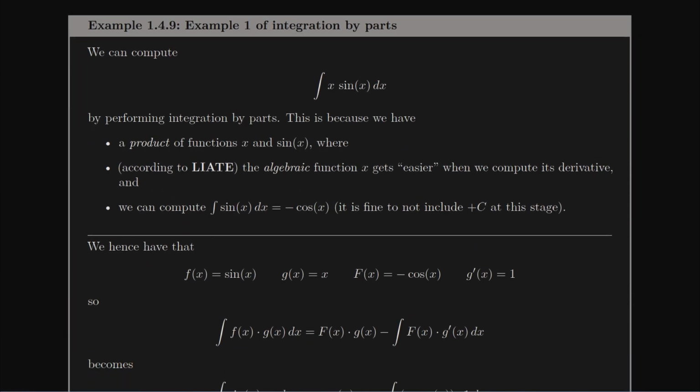When we look at our example now, we have a multiplication of x times sine x. So this is a classic example of me just multiplying, in the first case, an algebraic function times a trigonometric function. And so according to LIATE, which one comes first, algebraic or trigonometric? Well, there's my algebraic. So I'm going to go ahead and choose the algebraic function to be g of x,